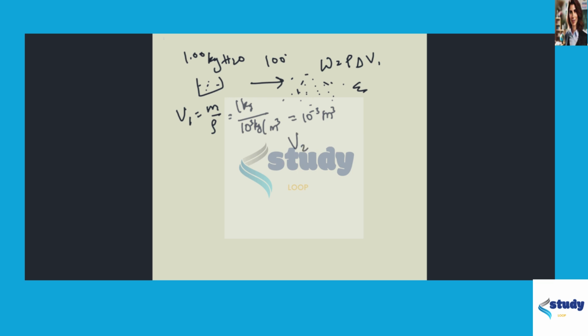And the volume of the water vapor, because it's an ideal gas, we use the formula nRT by P. To find the number of moles of water, we divide the mass of water by the molar weight of water, multiplied by RT and divided by pressure. The mass of water is 1 kilogram. The molar mass of water is 0.018 kilograms, times R is 8.314 joule per mole Kelvin,